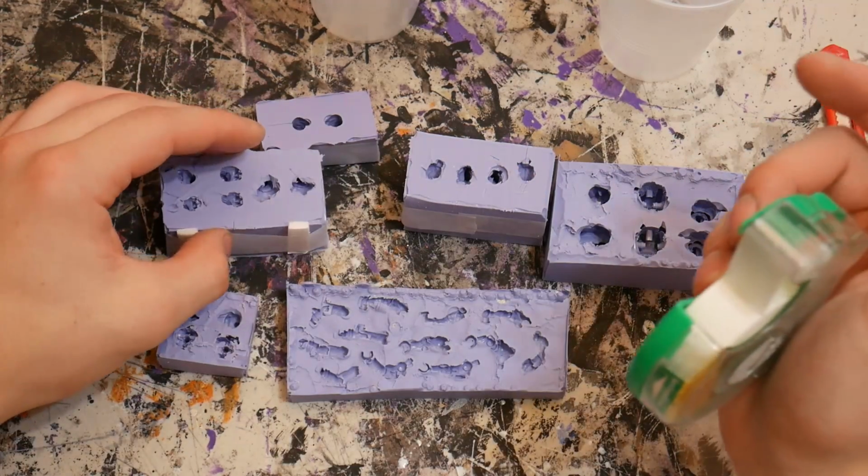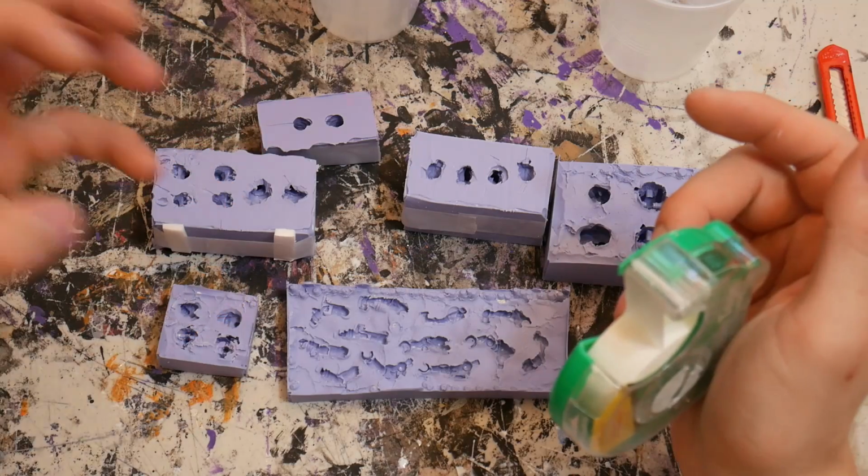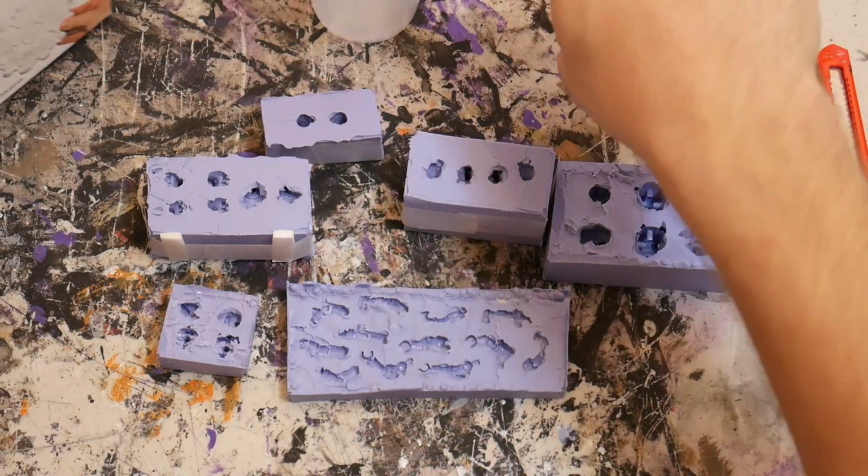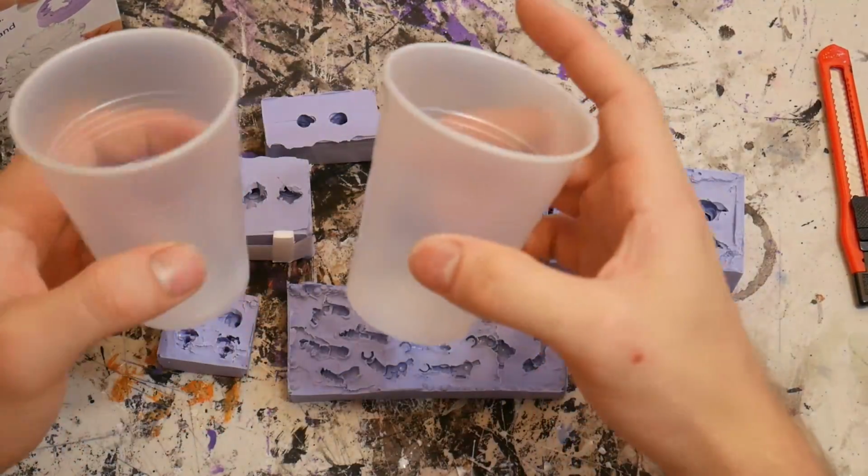And every time you cast, you're probably gonna wanna use the Scotch tape. If not, it could leak out of the side and make the mold not look correct if it doesn't line up properly. I'm gonna mold a little bit of this stuff right here, and then we're gonna get on to